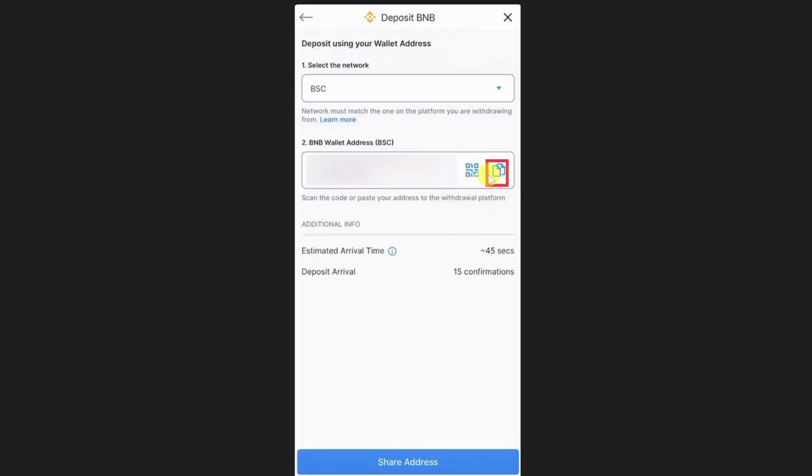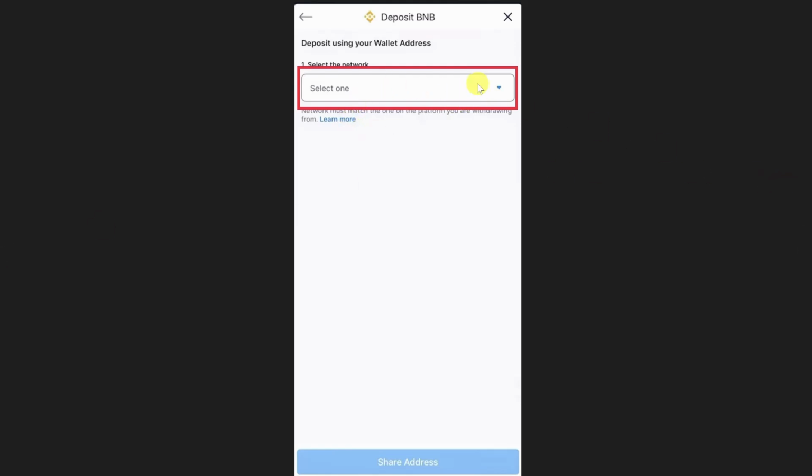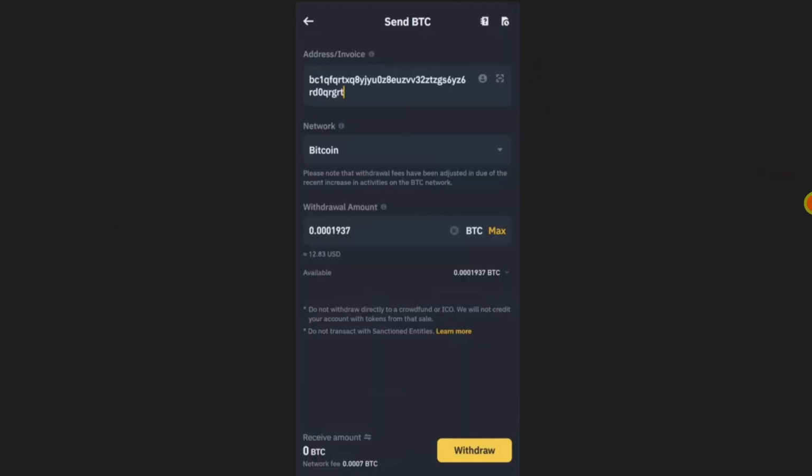And after you do that, you will be able to get your wallet address. So just click on this copy icon and your wallet address will be copied. Now go back to your Binance app and then paste the wallet address in this area, and in this network tab you have to select the same network that you have selected in your